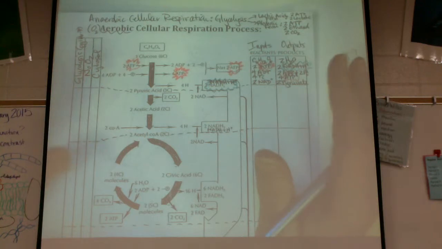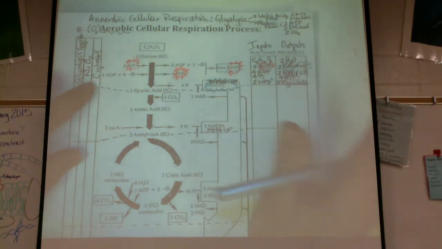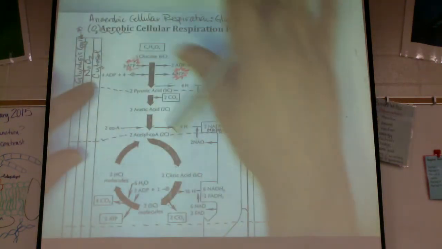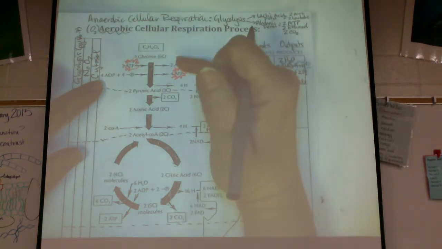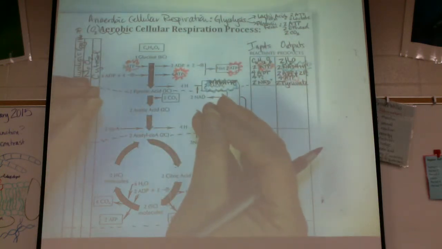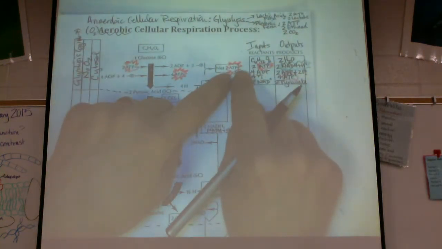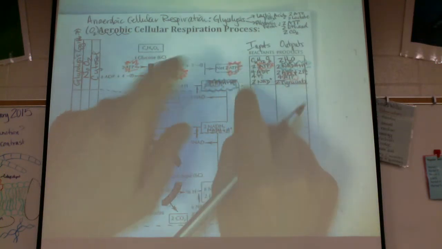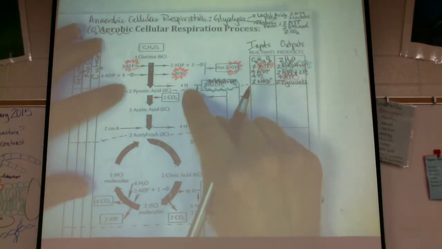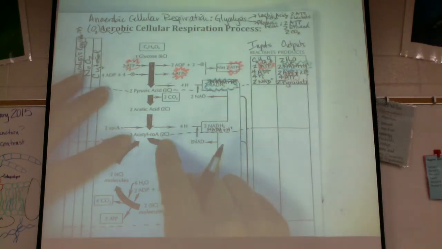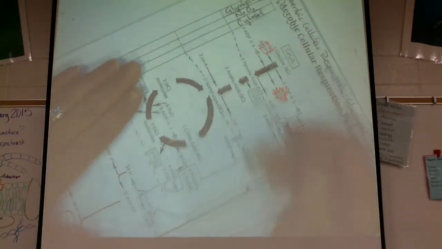So, glycolysis, no oxygen required. Every organism does it. Doesn't matter if you're a prokaryote or eukaryote. You do it in the cytosol. It takes glucose, breaks it down into 2 pyruvic acids or pyruvates, and that gets you 2 ATPs to be able to utilize for energy, and then 2 of these lovely, remember, electron taxis, the NADH plus H pluses. So, once we've got this pyruvate or pyruvic acid, okay, it's going to be converted during the next part,